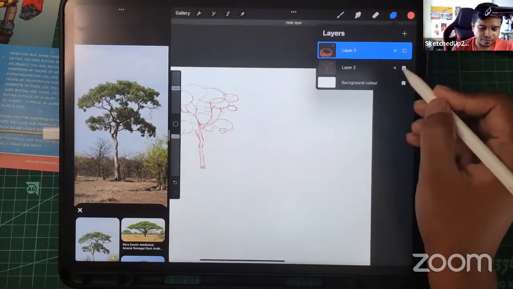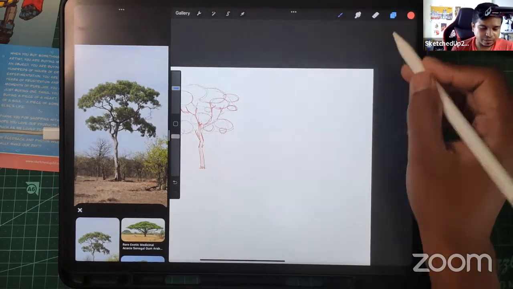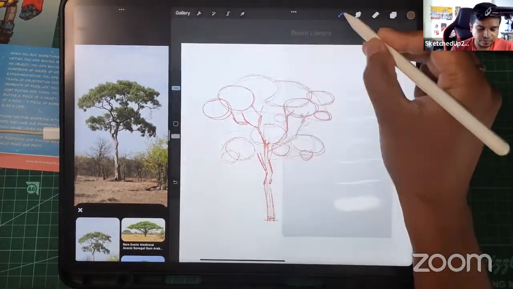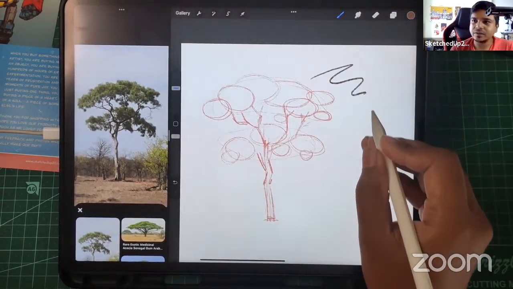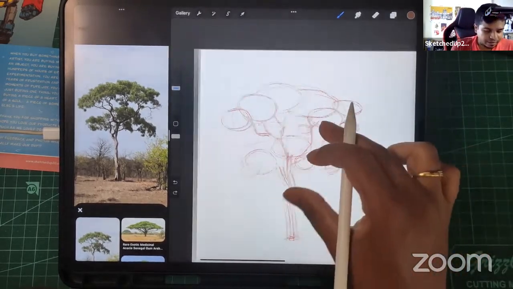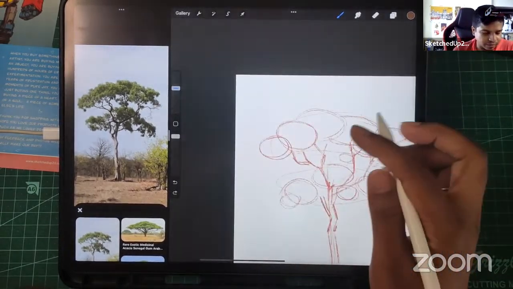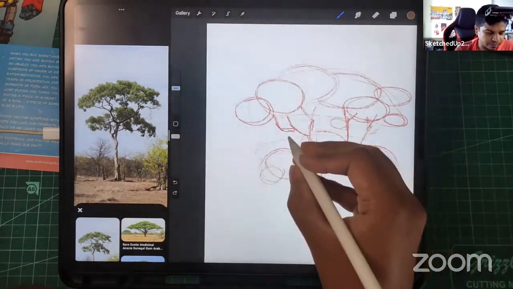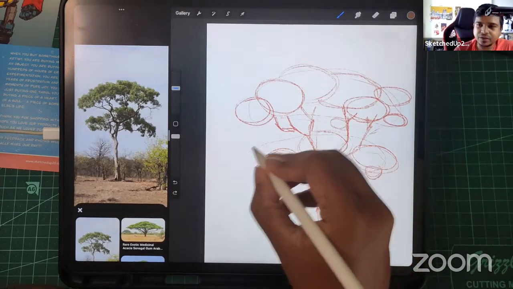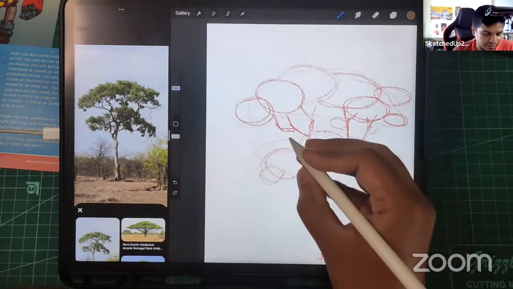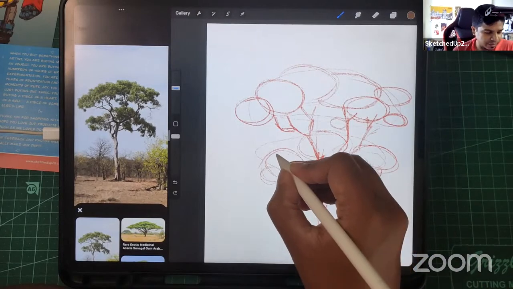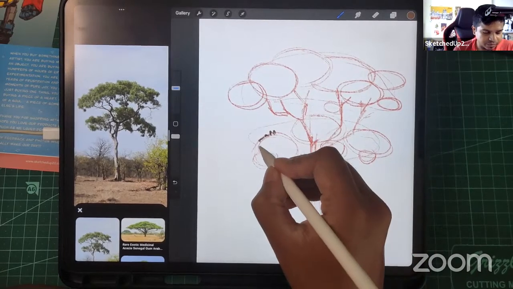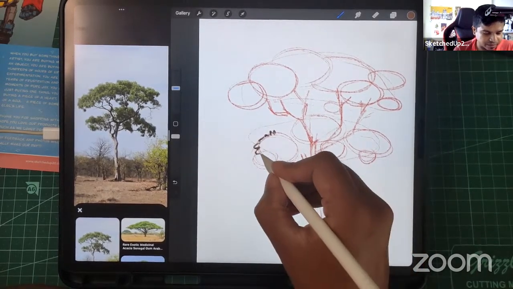I'll turn it off. And now on a new layer, I'll use a dark brown color. So this is the color I'm using. And I will now draw my details starting from here. I'll draw all the canopy details and then we'll add the shading, which will add depth to the tree. So using our spheres as a reference,